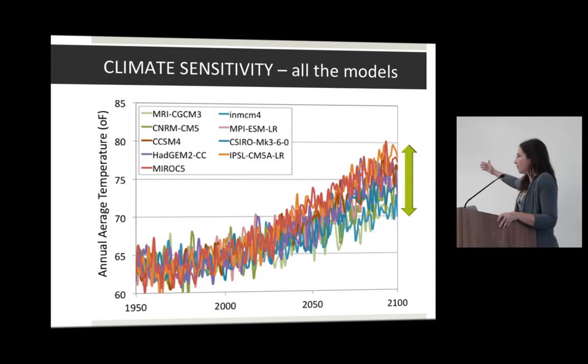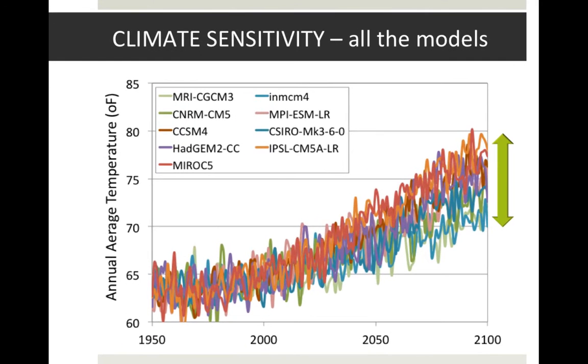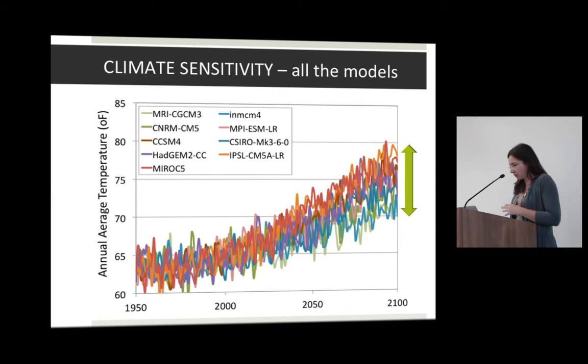And what does this give us? It gives us a range. What is this range? This range is a range in the sensitivity of the models. What types of feedbacks are we talking about? We're talking about feedbacks with water vapor, with clouds, with ocean circulation, with melting ice, and we're talking about some feedbacks that are not in most climate models.